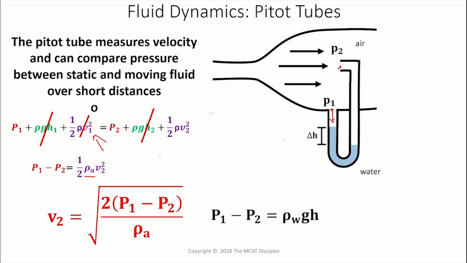How come I'm using this static fluid equation for a moving fluid question? Well, this fluid is static. This is a static fluid, so we can use this equation to calculate that. This height, again, is not the same as rho GH in here. This is height and this is depth, really, or the difference in height between the 2 points. Anyway, how is this different from what I showed you earlier with the U-tube manometer? Well, let me show you why this is different.